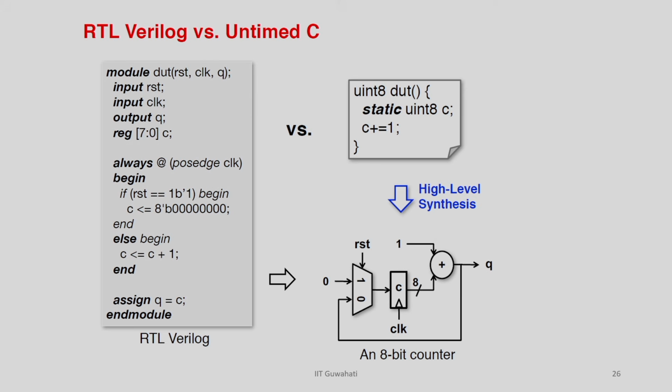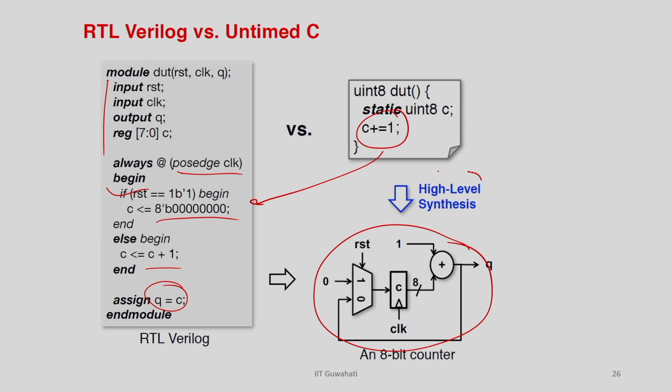Here I give a very simple example: you want to develop a counter. It is just C++, C equal to C plus 1 in C. If you write this in hardware, you have to have a clock. After every edge of the clock, if the reset comes, you have to reset things, otherwise you just increase it, and then assign the output to this C, and you have to develop the registers and all those things. This is how we have to write the RTL, whereas this is nothing but C equal to C plus 1 in C. The high level synthesis tool takes this and converts it into this circuit.